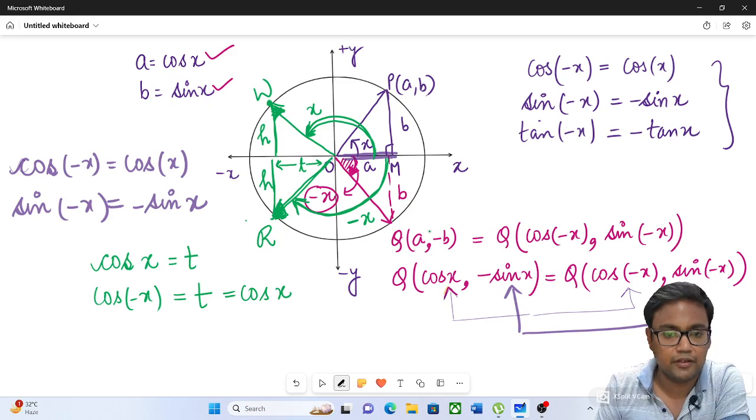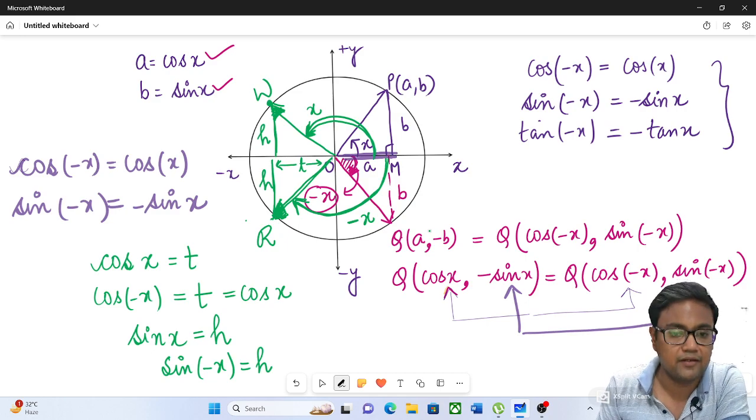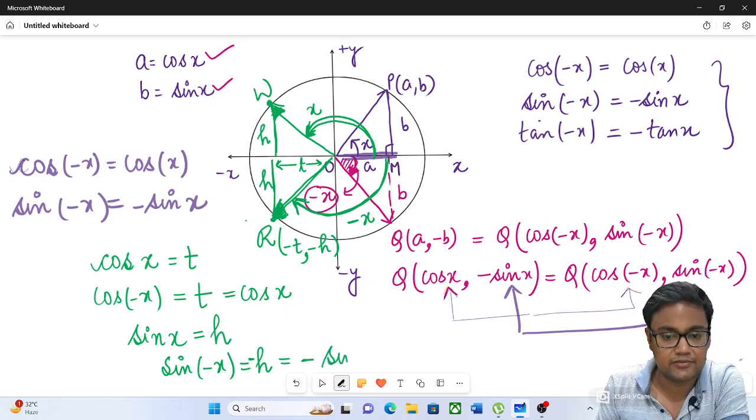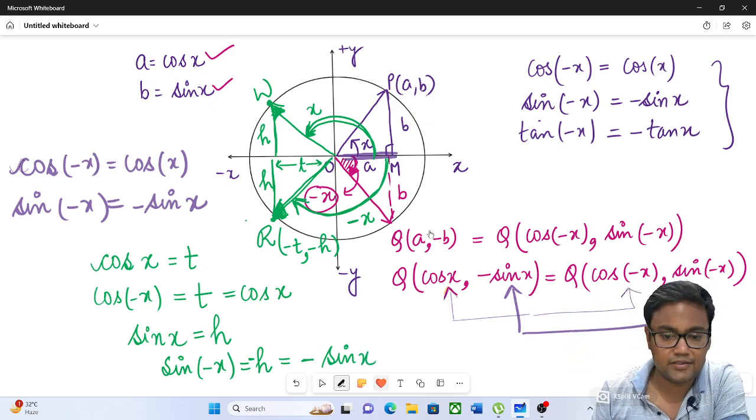So in case you calculate sine of x radians or degrees, what is sine of x? The perpendicular distance, that is h. And what is children sine of minus x when the rotation is done in the clockwise direction? Sine of minus x is again h, you can see here. But since the coordinates are minus t and minus h, I would be adding a negative sign over here. That would further give me minus h, and h is sin x. So whichever quadrant you take,